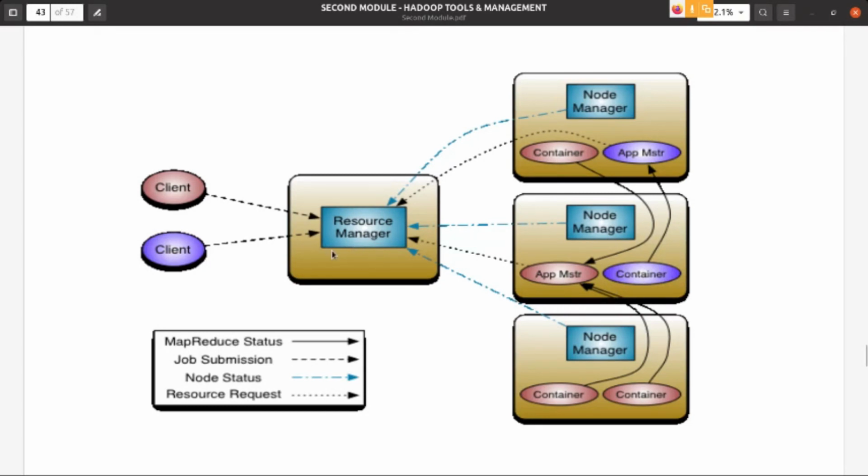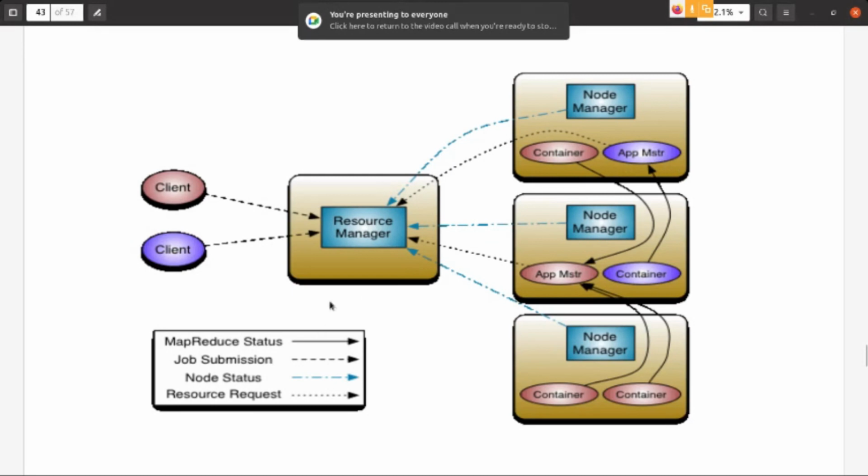Look at what happened here. In the early MapReduce framework, the resource manager and application master were together in the master. Previously, the resource manager and application master both ran in the master node. We called that the job tracker. Now it is split: one portion is in the master, another portion is in the slave. So automatically the burden on the master is reduced. That is one of the improvements.